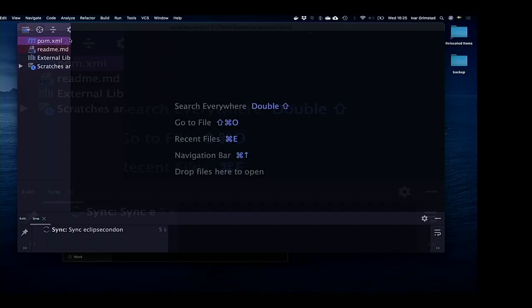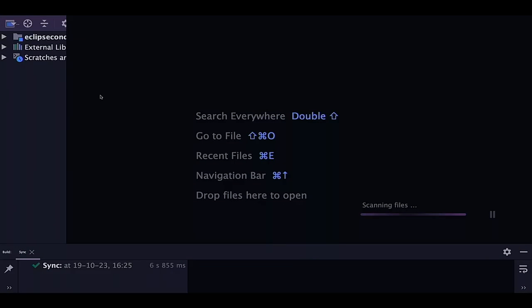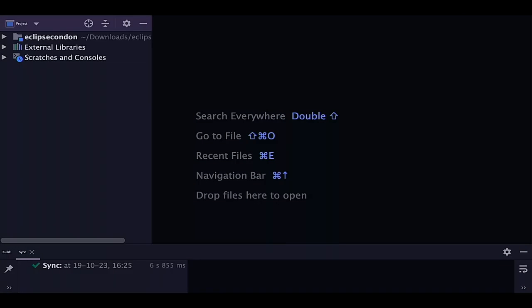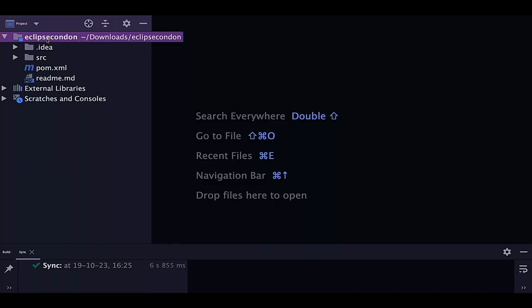Sorry about using the wrong IDE here, but this is kind of what I had installed. So you get the project up. The POM file is